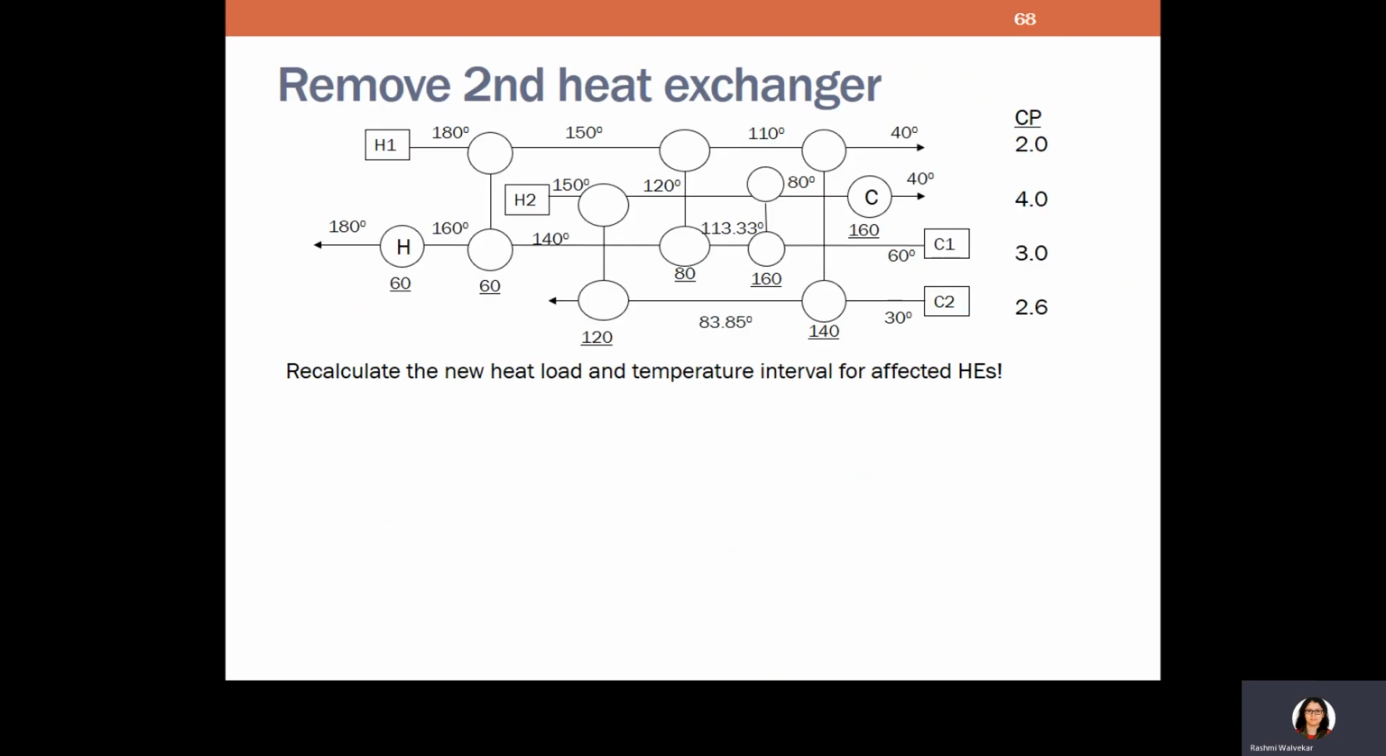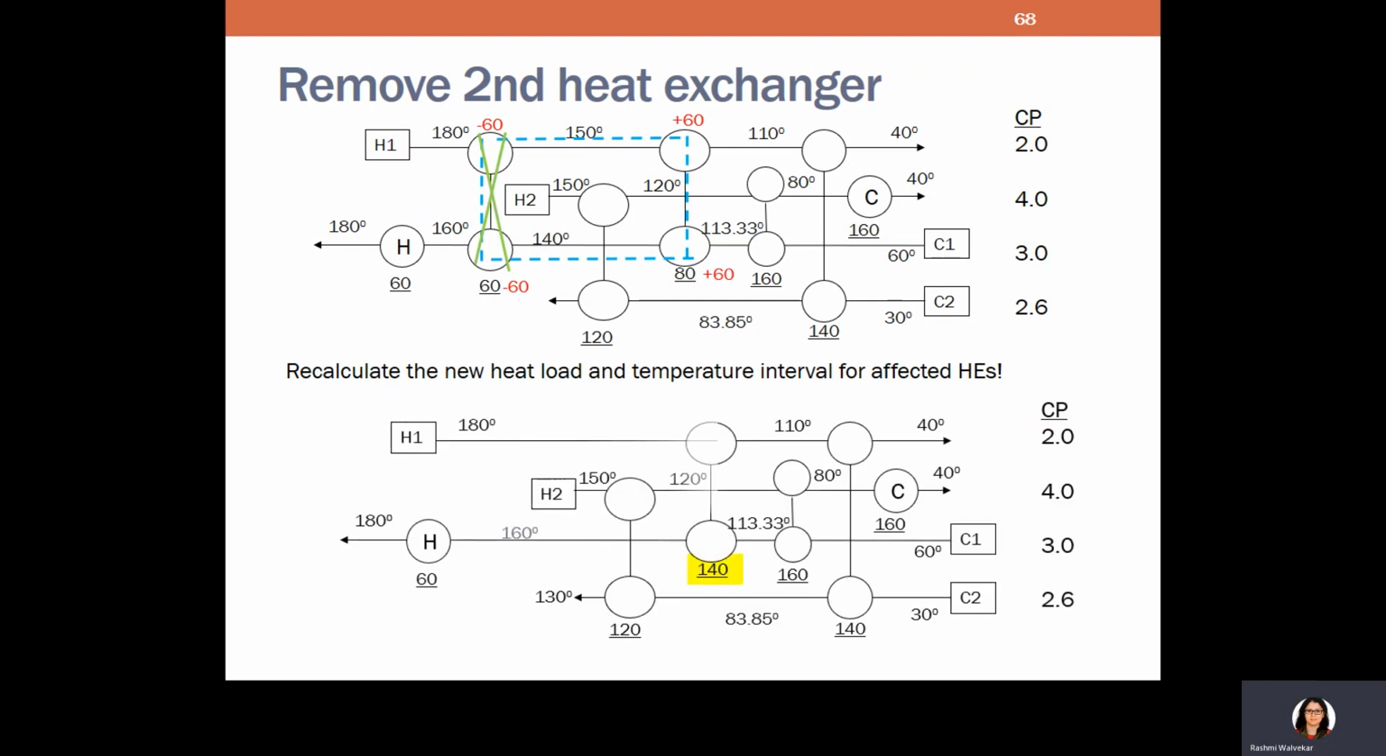So we go to the next loop. Within this, the smallest heat load is 60 compared to 80. So we remove the heat exchanger from the network and distribute the heat to the others within the loop. So we add plus 60. And then we have the revised heat exchanger network with 140